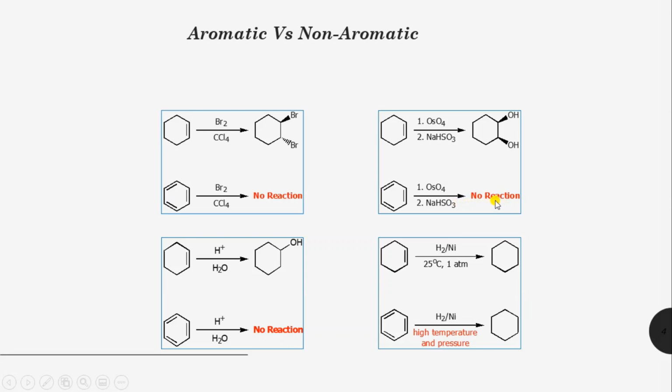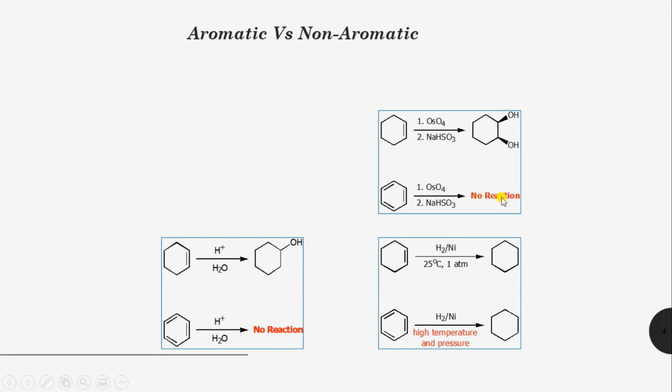Because benzene ring doesn't undergo the addition reaction. On the same slide, you can see the next example where the cyclohexene is allowed to react with the water in presence of the acid. So this acid hydrolysis of the cyclohexene results in the